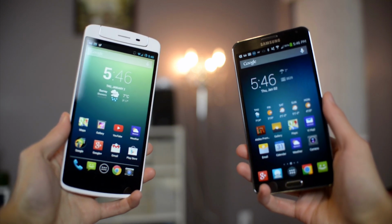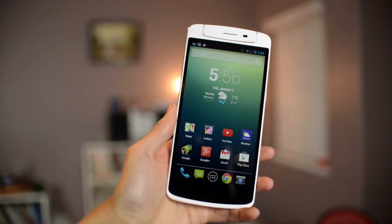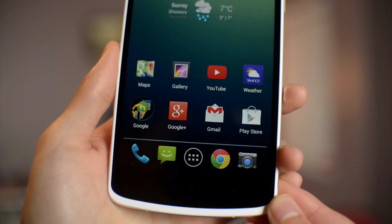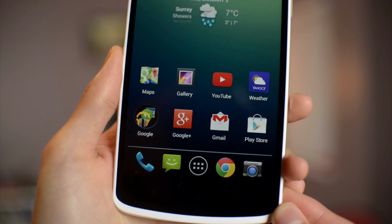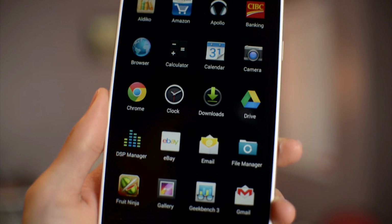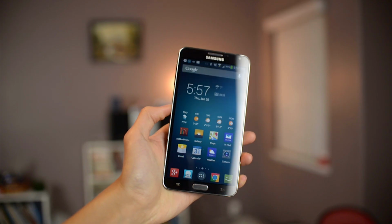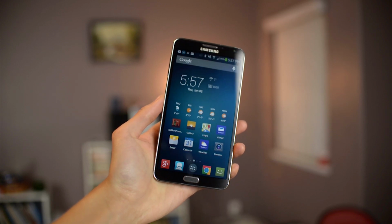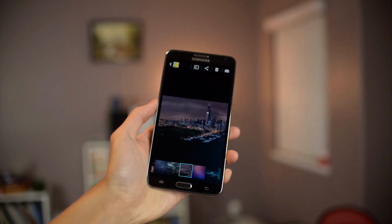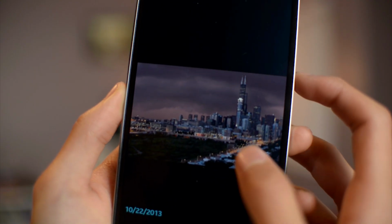Now both of these have excellent displays, both 1080p HD, Super AMOLED display technology, and to be honest, I can't really tell a difference between these two in terms of the color accuracy. Both are really well balanced in terms of the saturation, contrast, and of course both have really high resolution displays. You cannot see a single pixel on it. The only obvious difference between the screen is of course the size difference,